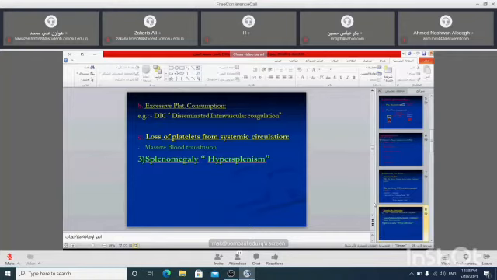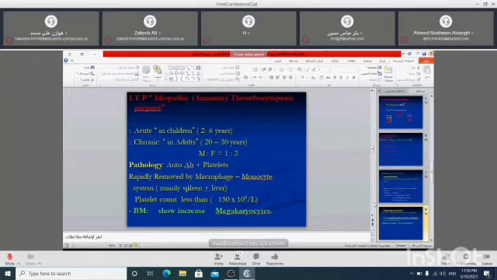Now we explain in some detail ITP, immune thrombocytopenic purpura, idiopathic type. We usually see it as acute in children between 2 to 6 years. It could be chronic as in adults between 20 to 30 years. Male to female ratio is 1 to 3. What's the cause, as we discussed? There are